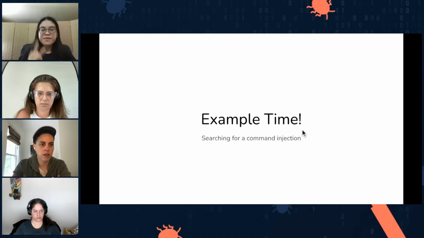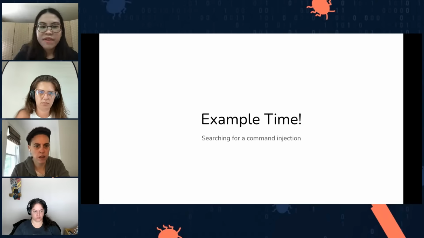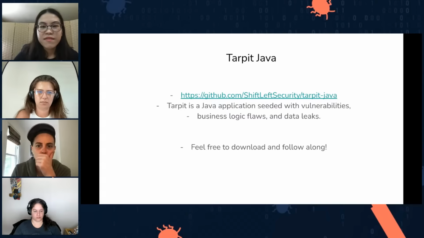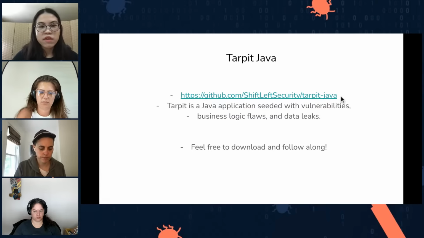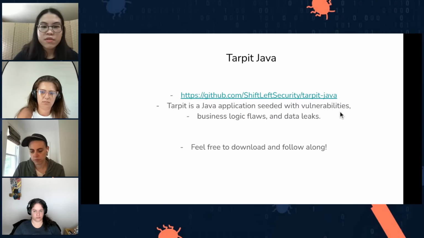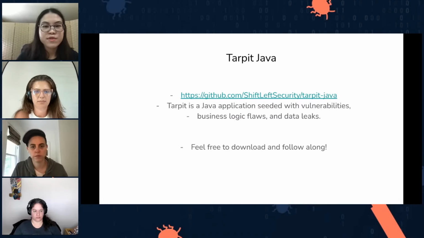Cool. Yeah, so we're back. What I'm going to show you is how to identify a command injection vulnerability in source code. The vulnerable application that we're using is called Tarpit Java, and you can see the link right here. If you can, feel free to download it and follow along with the exercises before I dive into actually hunting for